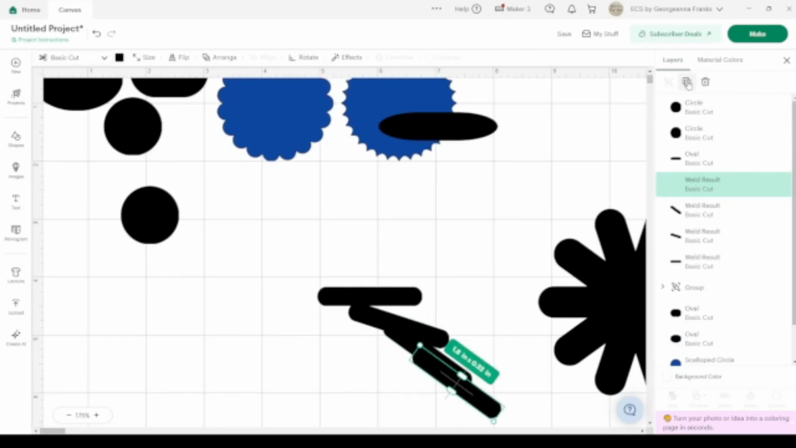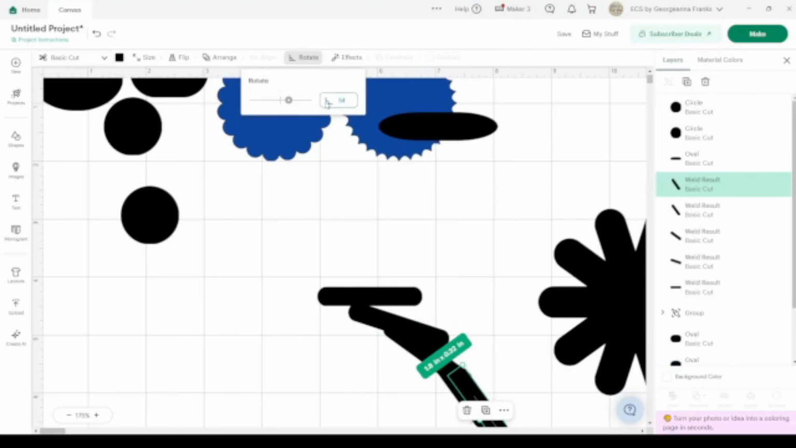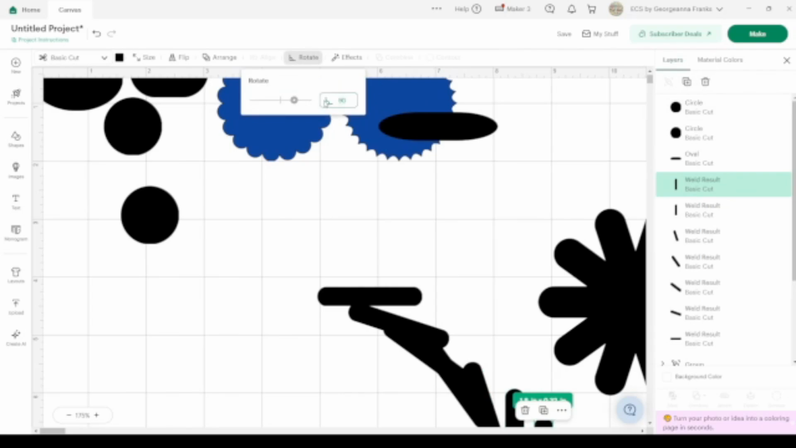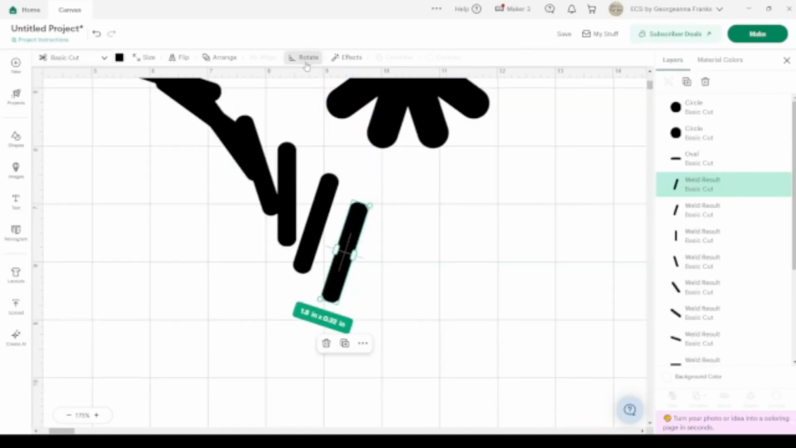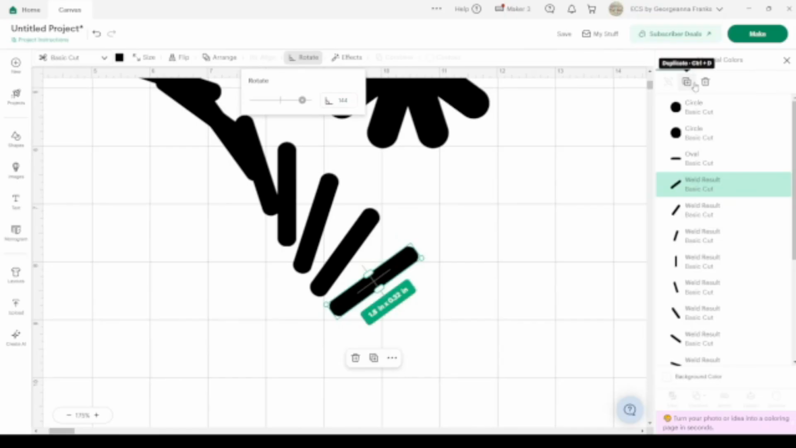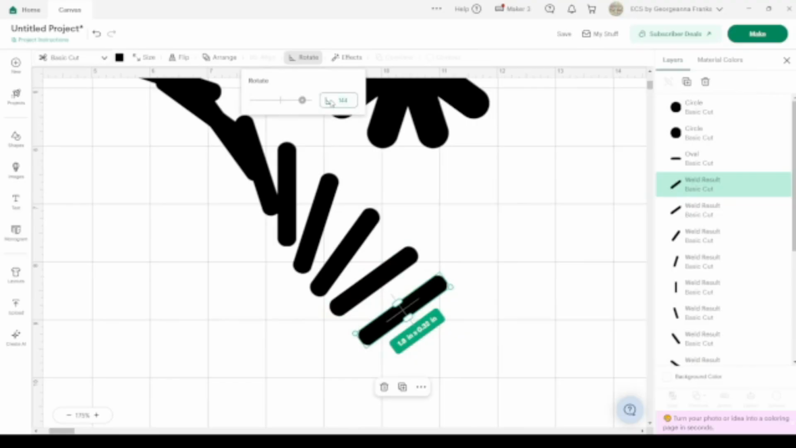36, duplicate, rotate, 18 and 36. I'm going to go 56, 54, duplicate, rotate, 74, 72, duplicate, rotate, 92, 90, duplicate, rotate, 108, duplicate, rotate, 126, duplicate, rotate, 144, duplicate, rotate, 162,